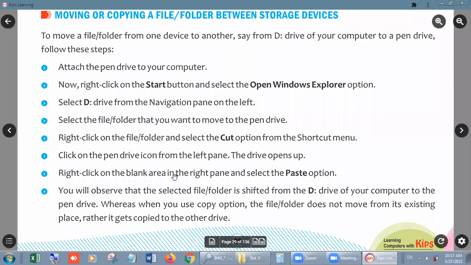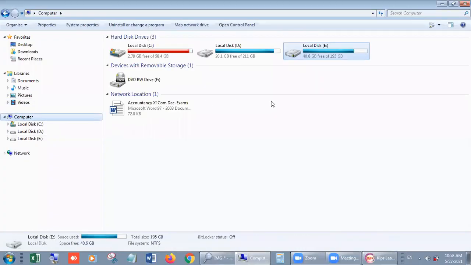If you attach a pen drive, then you can also move. Look students, I am going to show you the pen drive shifting. Suppose I click on computer. In computer we have three drives. In my computer I have three drives. Number one, C drive, then D drive, and then E drive. You can see it, right student? Then this is a DVD writer, if I want to put a CD or DVD inside it, then this drive will work. But still we do not have a CD or DVD.